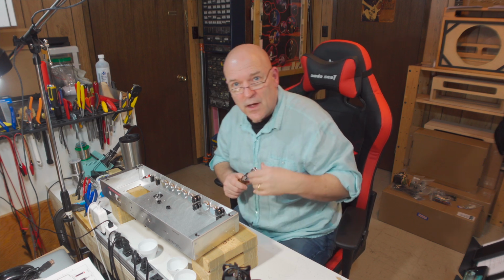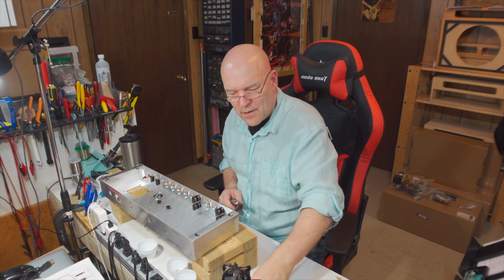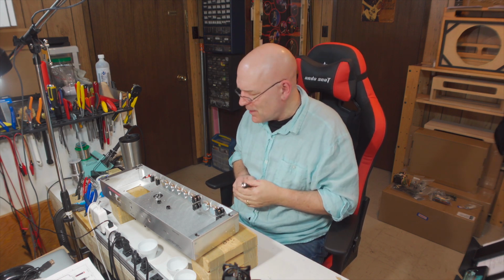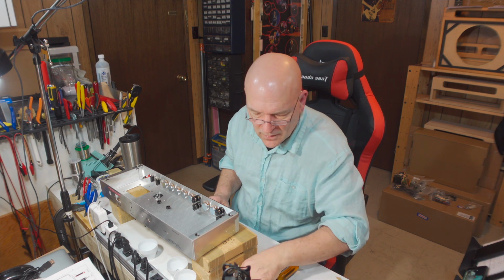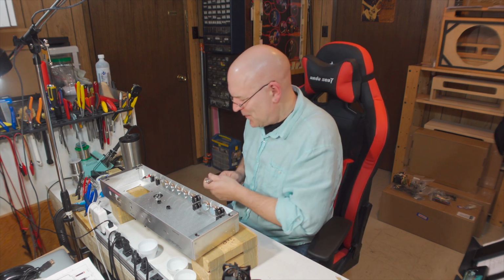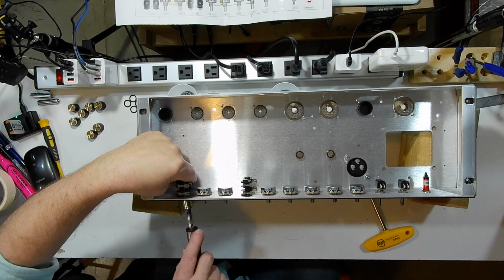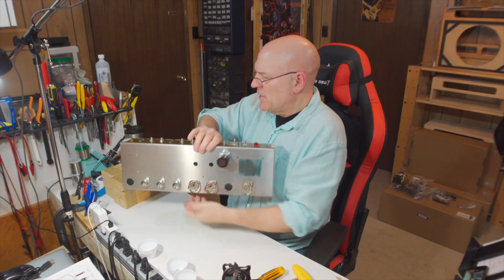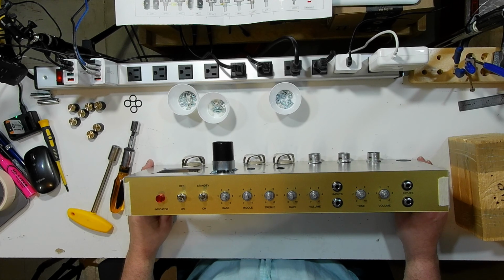They're all installed. I'm going to just tighten all these nuts up. Hopefully I can put the knobs on before the camera decides to shut down again, and you'll get to see the front of the chassis as it's going to look. To me, that's when you really know you're building an amp. It starts to look like an amp. Okay, so there we are. All the controls. Nice, beautiful looking